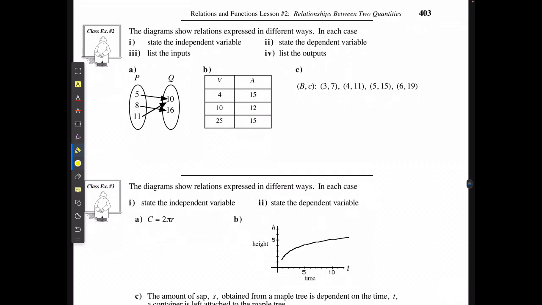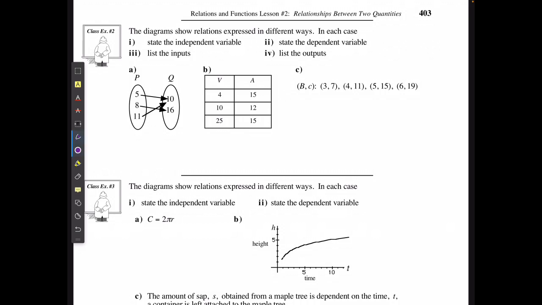So, if I am putting this into practice, it says the diagrams show relations expressed in different ways. In each case, first state the independent variable, then state the dependent variable, list the inputs, and then list the outputs. So if I'm going to apply this, then I'm going to say that